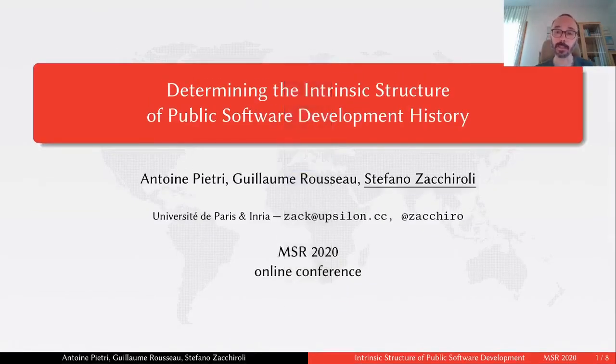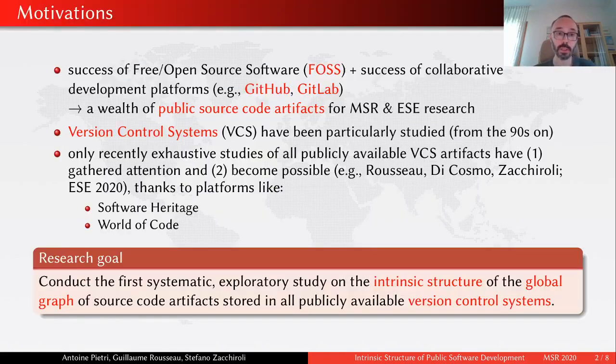Hi, this is Stefano Zacchiaroli from Université de Paris and INRIA, and I'm going to present our proposed study on determining the intrinsic structure of public software development history, which is joint work with my student Antoine Pietri and my colleague Guillaume Rousseau. So the success of free and open source software and of collaborative development platforms such as GitHub